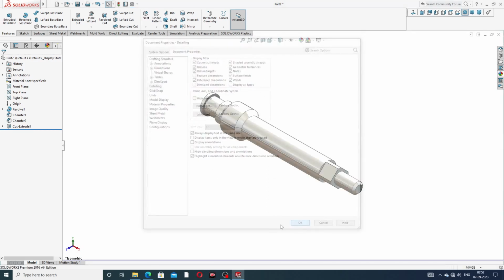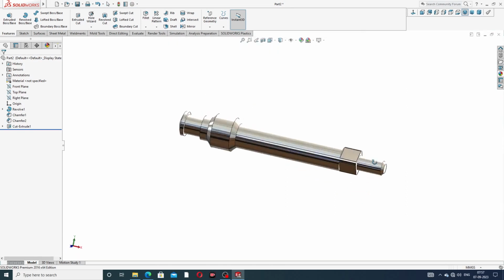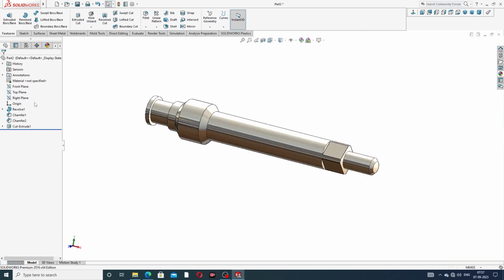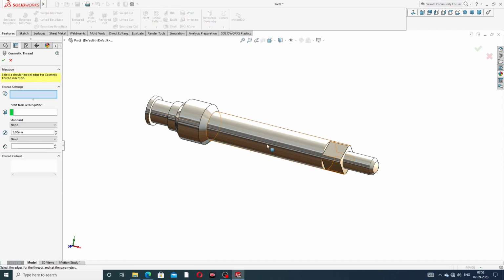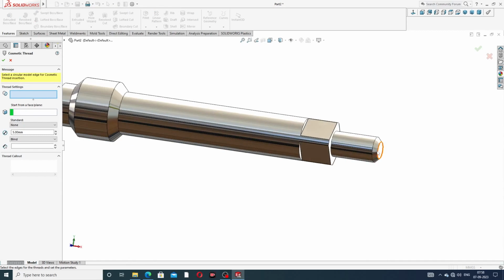Okay, cosmetic thread. Okay, and going to this thread. Okay, going to this insert and annotation and cosmetic thread and apply here this